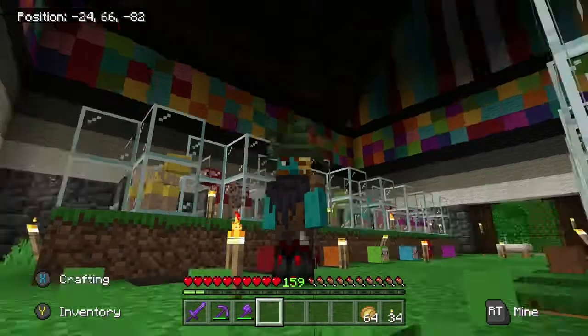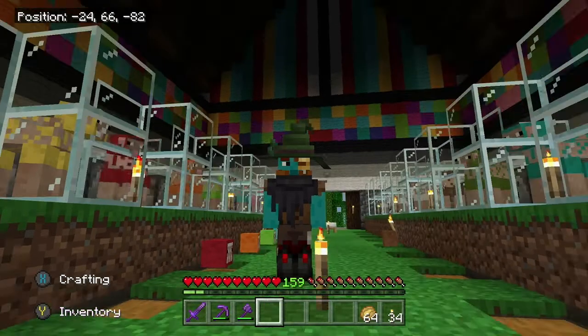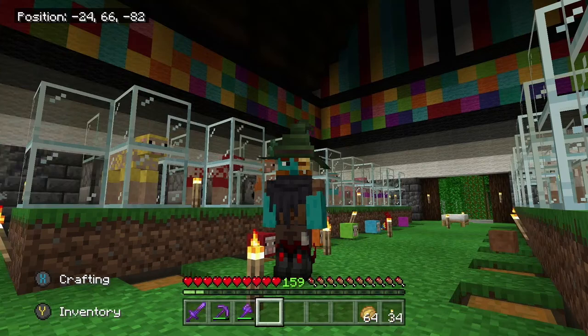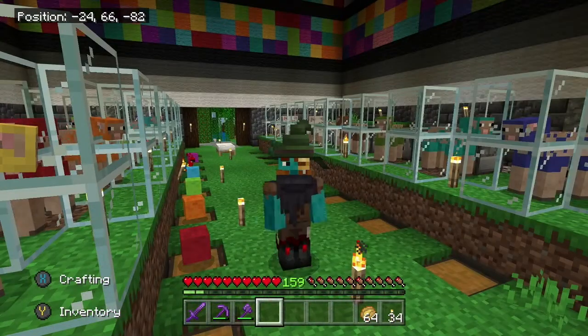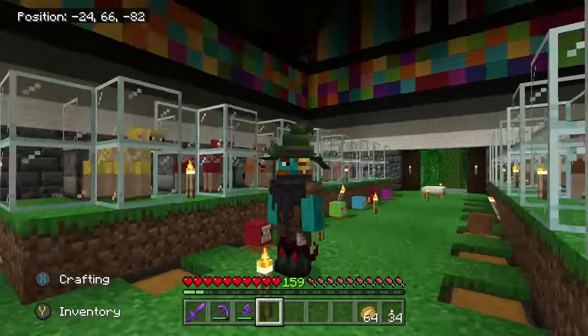Now, the first time I thought nothing of it. I thought, okay, maybe Athica's accidentally shot some arrows. I didn't have anything set up around here. It's all cool. Breed up some more sheep, put them in. The next day, the same thing happened again. And now this is around the same time that all those skeleton horses are starting to appear. So, I don't know if they're related, but